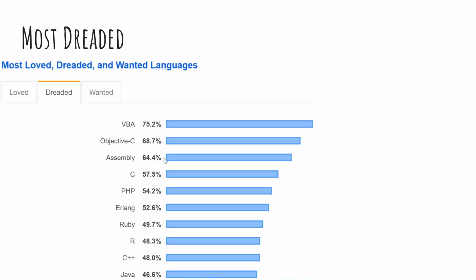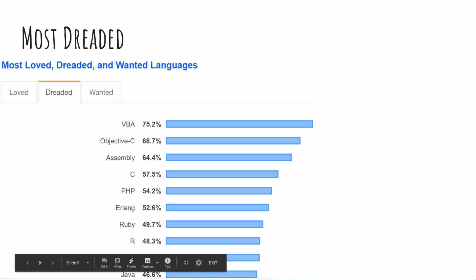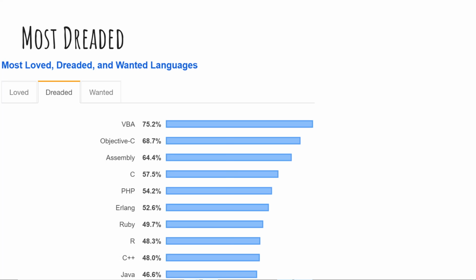Most dreaded. Now, you'll notice Python's not on this list, but what is? Way down at the bottom, Java. Yeah, there's no reason to dread Java. It just takes a lot more writing to get the same amount of stuff done, and can sometimes be a lot more complex looking and feeling. I like Java because it's so structured and organized. If you're a programmer and love Java, please don't take this personally. Personal preference. Python's just a lot easier to use.